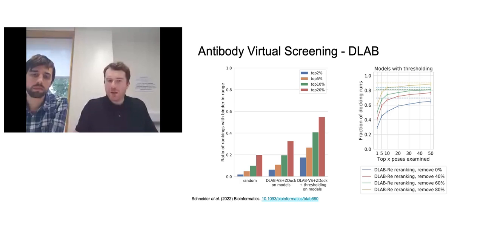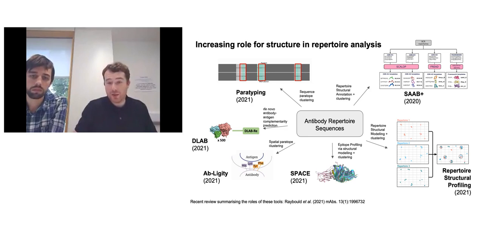And so it is early days, but this appears to be a potentially very powerful approach for interrogating the repertoire data that you have available when you're trying to attack a truly novel antigen for which you don't necessarily have any known binders as a starting point.